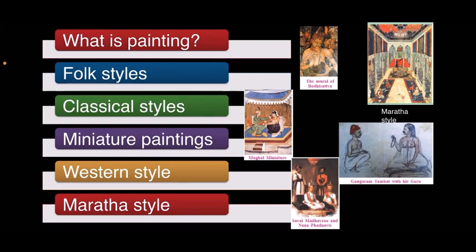Maratha style. The style known as Maratha paintings began to develop in the later half of the 17th century CE. In this style you will see colored paintings, and they occur as murals and also miniatures used in manuscripts. Murals of Maratha style can be seen in the old Wadas at places like Wai, Menavli and Satara in Maharashtra. This style was influenced by the Rajput and European styles of painting.